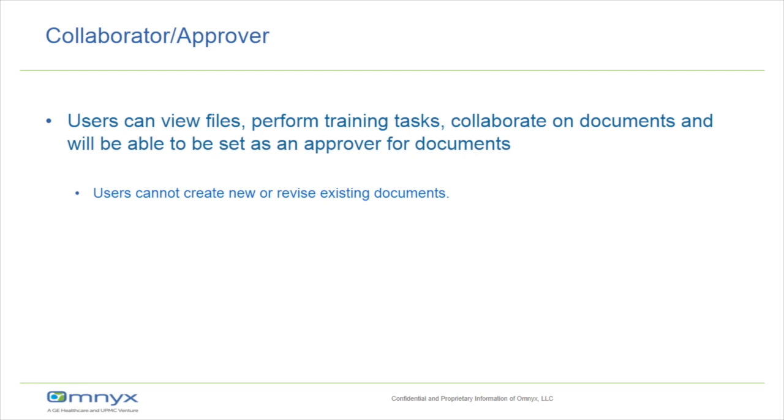Collaborator approvers can do everything a view-only user can do, and additionally can participate in collaboration activities in Master Control when invited, and can be set as an approver for a document. Approvers are defined based on the quality management system, and being in this role does not automatically mean an individual